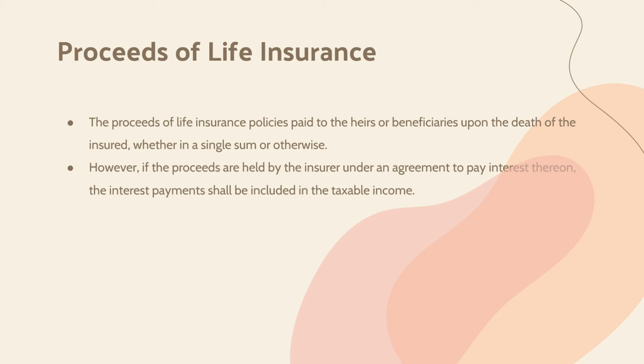For example, I received proceeds coming from a certain life insurance. I did nothing about the proceeds that I received. It is not my gross income, thus it will not be included in my gross income. However, if there's an interest income or interest payment coming from this life insurance, that will be the taxable part of our gross income. We have a lot of kinds of insurance out there. However, the excluded part of gross income is your proceeds coming from the life insurance.